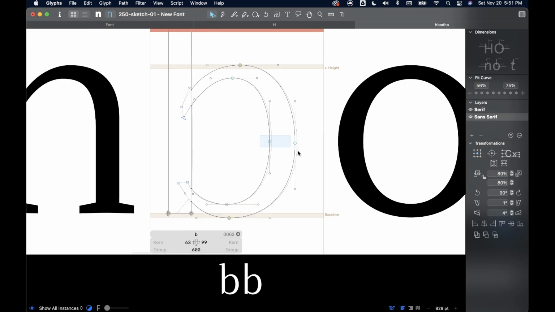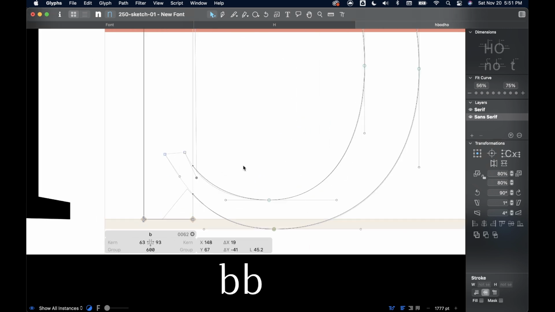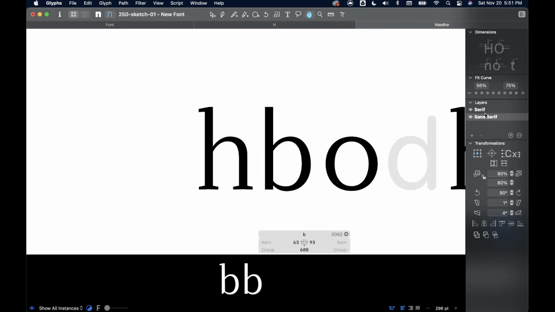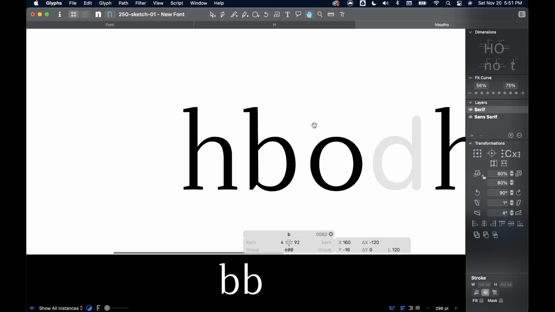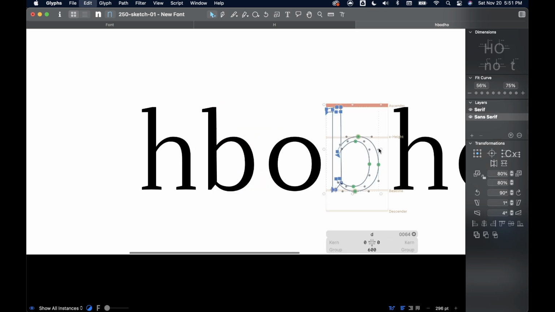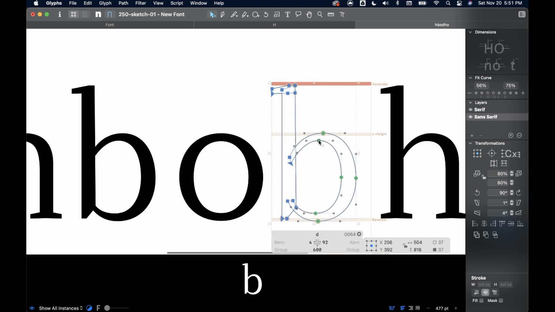I might quick match my serif version, which we just brought out. We stretched him a little bit, and we brought this point down ever so slightly. So I have my sans serif b and my serif b. Now we can use a lot of this DNA to get to our lowercase d. This time it looks like we'll start with the serif version, where we will paste this in,